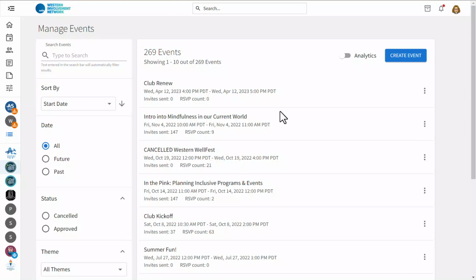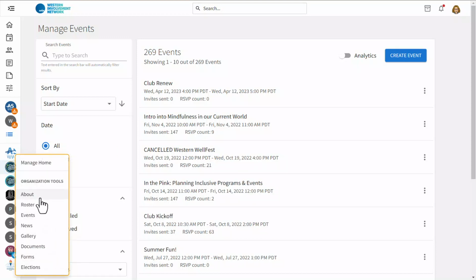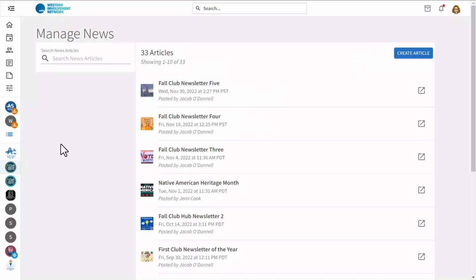You can use your event posting to take in pre- and post-event information as well as take attendance. This section should be one of the most important management tools you'll use. Next up is News. This feature is a great tool to post any announcements or updates you have. You can post publicly to just the Western community, or even just to folks on your roster. Clubs often use this for newsletters, and campus offices like this for posting job openings in their area.